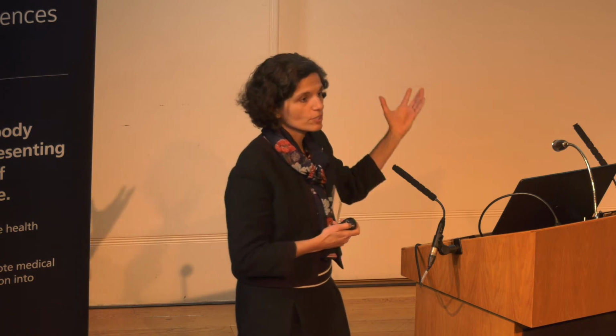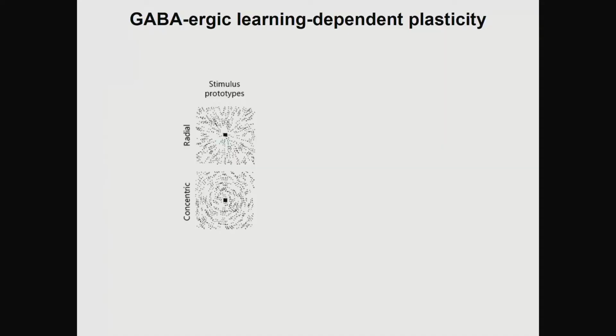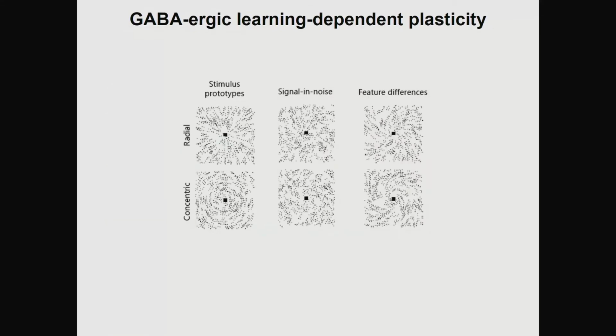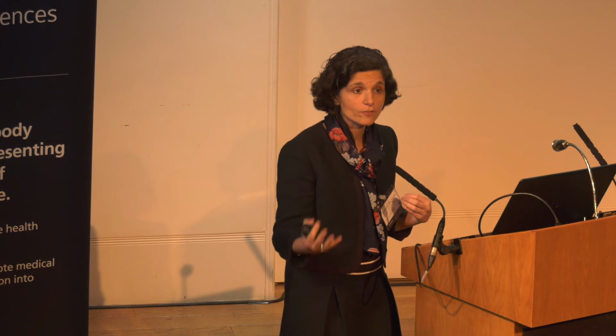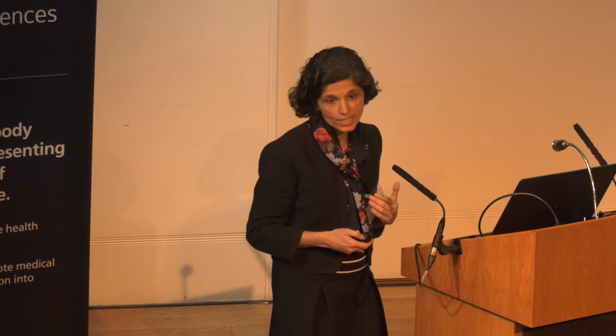And to simulate these environments, we create types of stimuli like what you see here that are nicely controllable. So we ask our participants while they're in the scanner to tell us whether this pattern looks radial versus concentric. Obviously, this is easy, but it's much harder if I put noise. So if you're in a busy environment, can you make this judgment? And it's also very hard if I morph between these patterns, I create stimuli that are very similar to each other. So we put individuals in situations where they have to make really difficult decisions about sensory information, and we measure their GABA during training in these types of tasks.